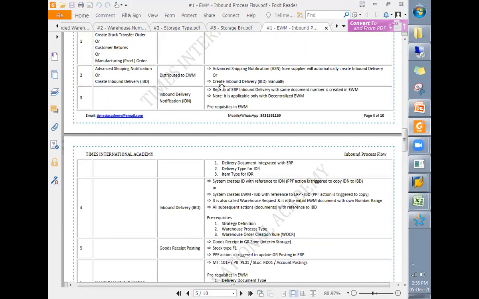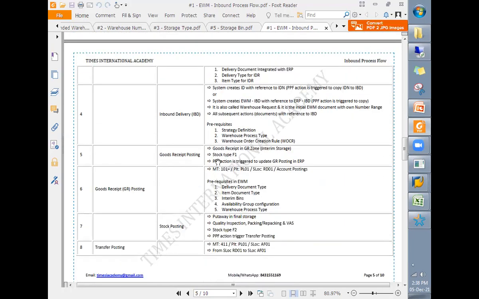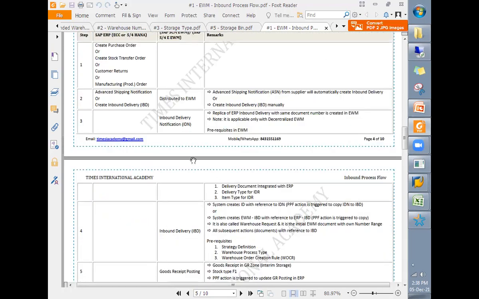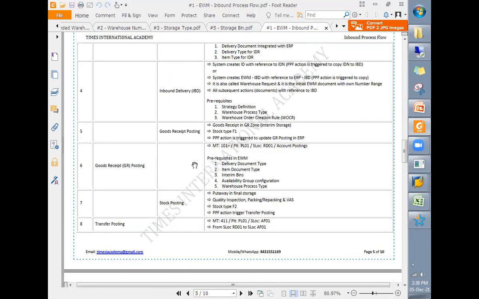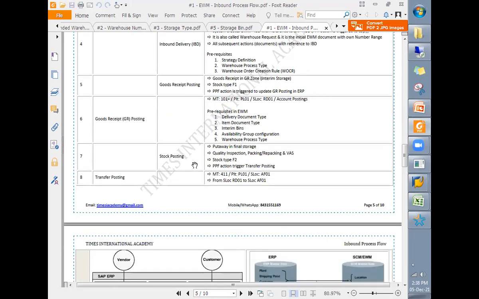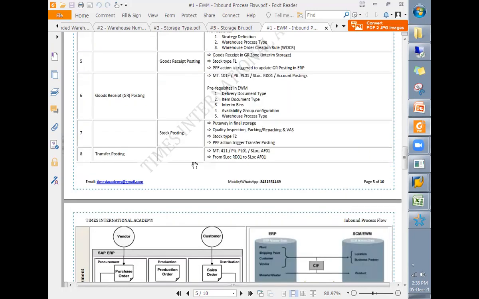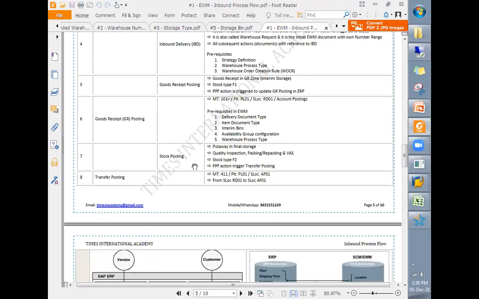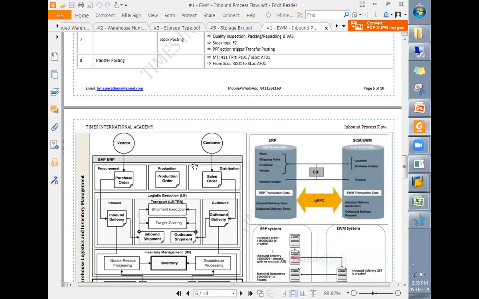When it is distributed to EWM, what is the difference in case of decentralized, and in case of embedded? Then how is it processed? All that with the help of infographics, charts, and tables. We first understand the business flow and business processes, and then we execute the transactions as well as do the configurations.